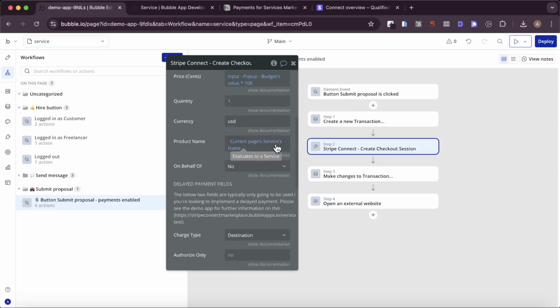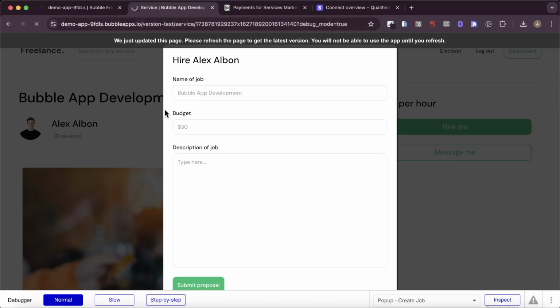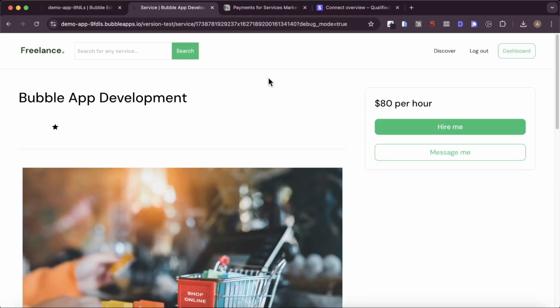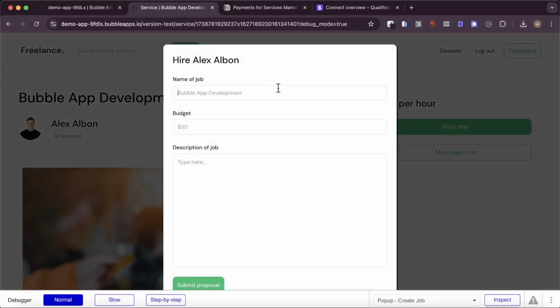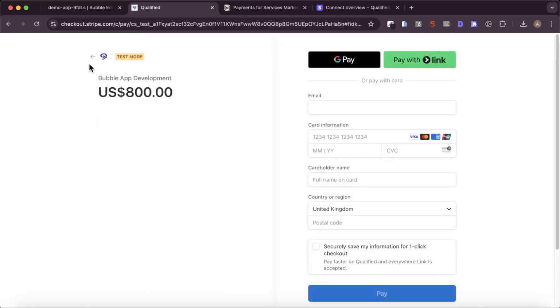I think everything here looks pretty good. And try and hire our freelancer here. So hire me, Bubble app development. Let's say a budget again of $800, and let's just say marketplace app. And we're going to go to submit proposal. You can see here something's happening in the background, and sure enough, we're brought to this Stripe checkout